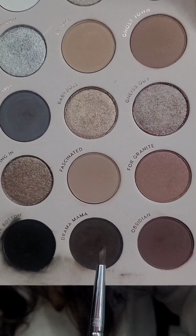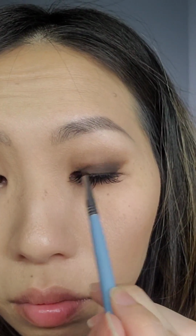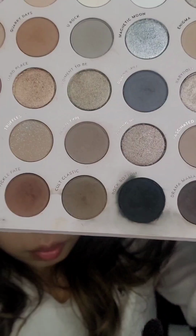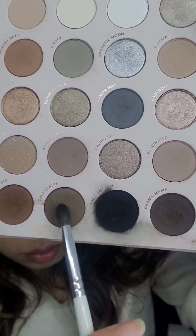So it turns out I can barely see it. So now I'm going in with the darker gray eyeshadow and just going over the lash line even further, and that looks better. Now going back to the small fluffy eyeshadow brush, I'm mixing the light gray and medium gray